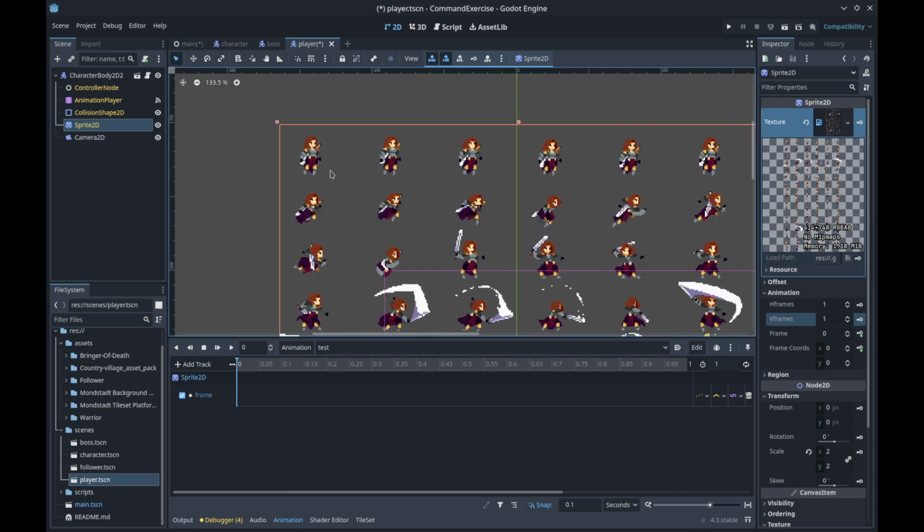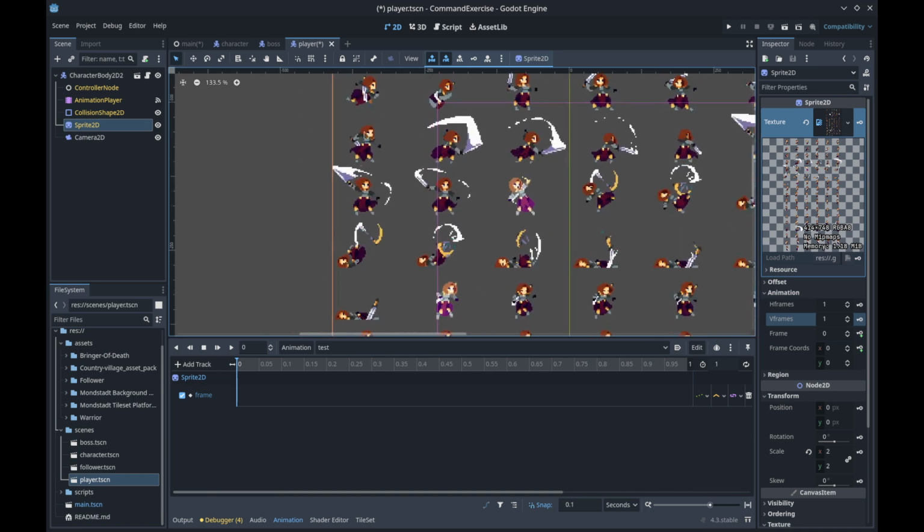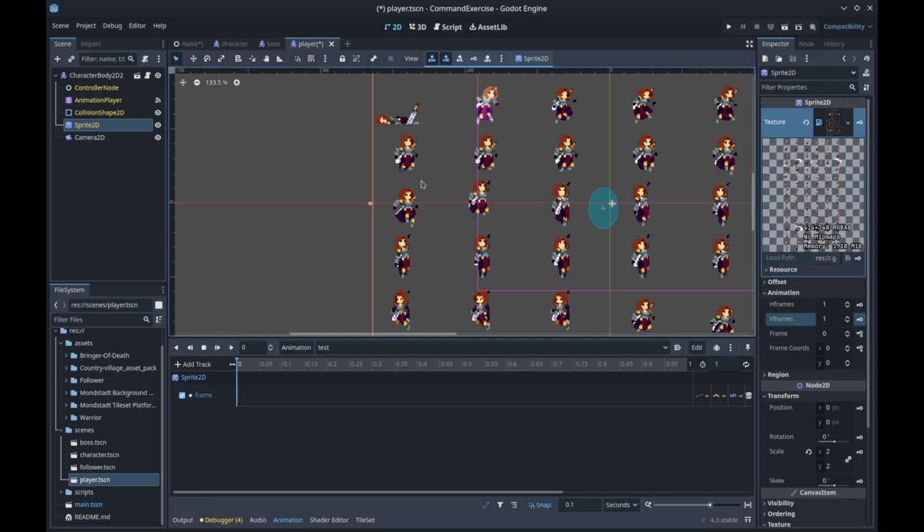Cool. So in terms of the vertical frames, the way that we get this is we just count these up. So we have 1, 2, 3, 4, 5, 6, 7,